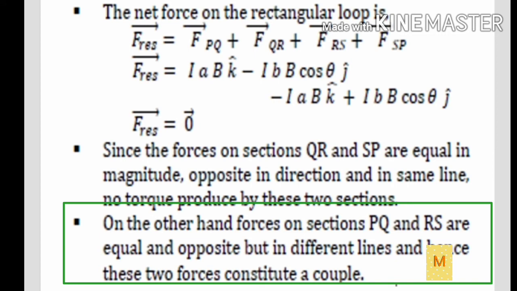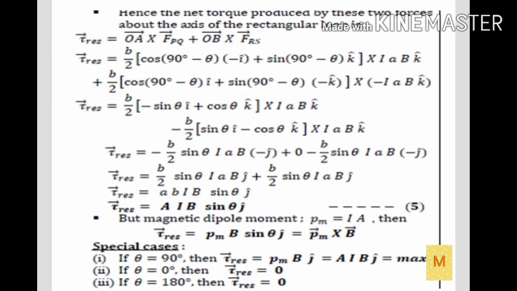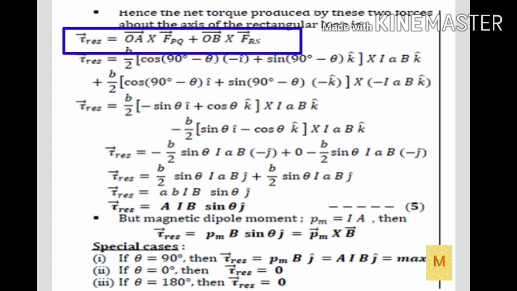On the other hand, the forces on sections PQ and RS are equal and opposite but are acting in different lines. Hence, these two forces will constitute a couple. Hence, the net torque, the turning effect produced by these two forces about the axis of the rectangular loop, can be written as tau resultant vector is equal to OA vector cross FPQ vector plus OB vector cross FRS vector. From the figure, OA vector is replaced as b by 2 cos 90 degree minus theta into minus i cap plus sin 90 degree minus theta into k cap,